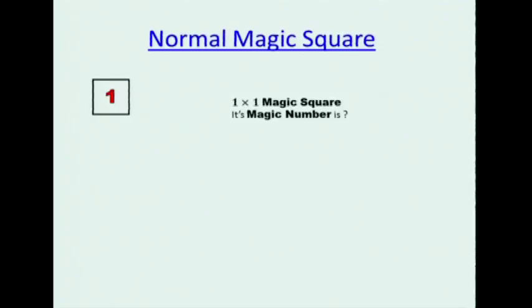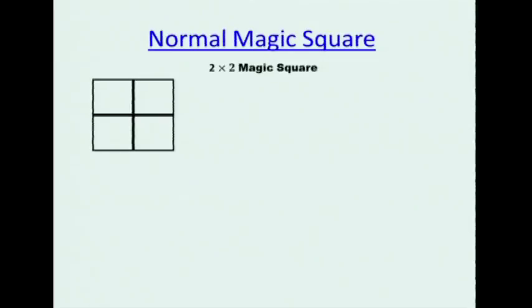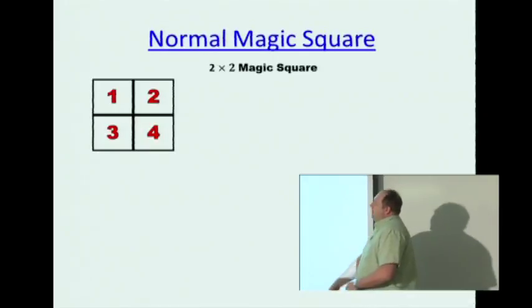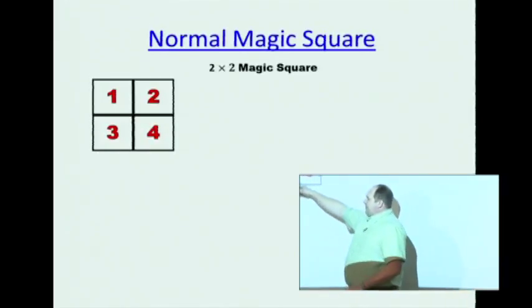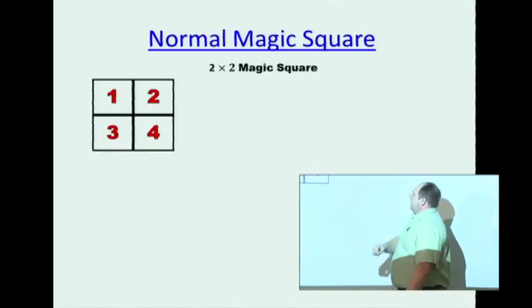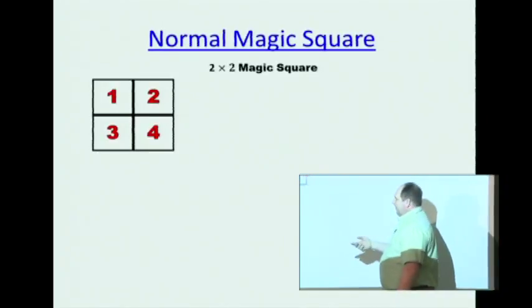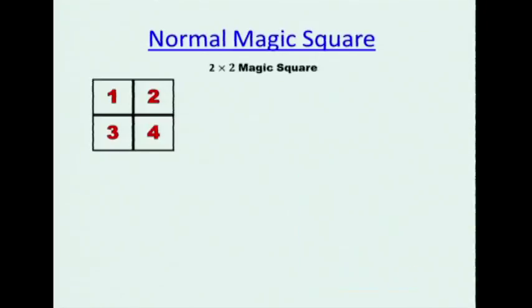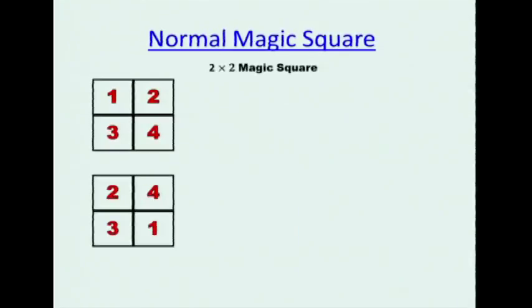Great. Well, that's not very exciting. This is referred to as the trivial magic square, which, as you see, is why it's trivial, not very exciting. So moving on to 2 by 2. I'm going to put all the whole numbers from 1 to 4. And I notice right away I have trouble, because 3 plus 4 makes 7. And 3 plus 1 makes 4. So I somehow have to get 4 and 7 in some arrangement to equal each other. And no matter how I put this, I'm still going to have 3 plus 4 equals 7 and 3 plus 1 equals 4, so I'm in trouble, right? As it turns out, there's no 2 by 2 magic square.